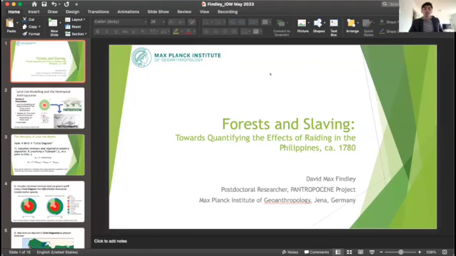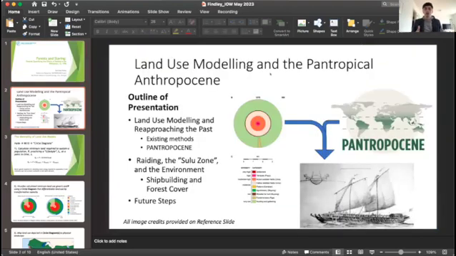Now, just to give a quick overview of this particular talk, I am coming at this particular presentation as the intersection of my ongoing projects, particularly work with Panthropocene, which, as you mentioned, is a project trying to model the land use changes over time of the Philippines, and in some ways a measurement of the impacts of the entry of Spanish colonial forces into the Philippine Islands. But more than that, it also is meant to chart and create models for responses to Spanish involvement in the islands that included acts such as resistance or the